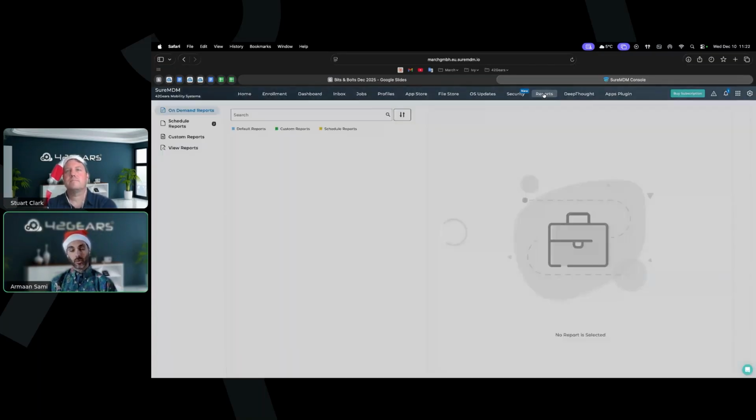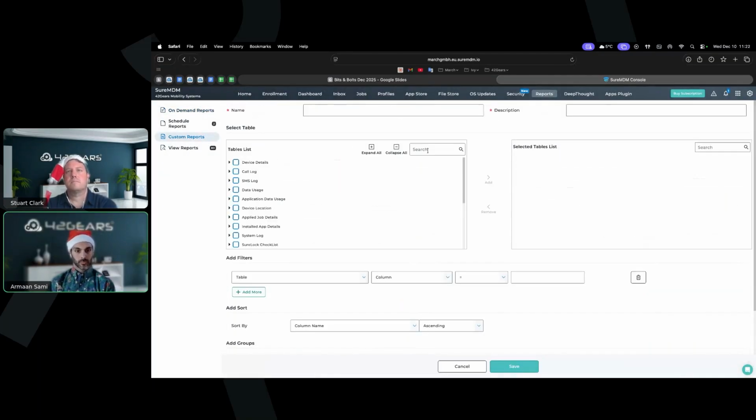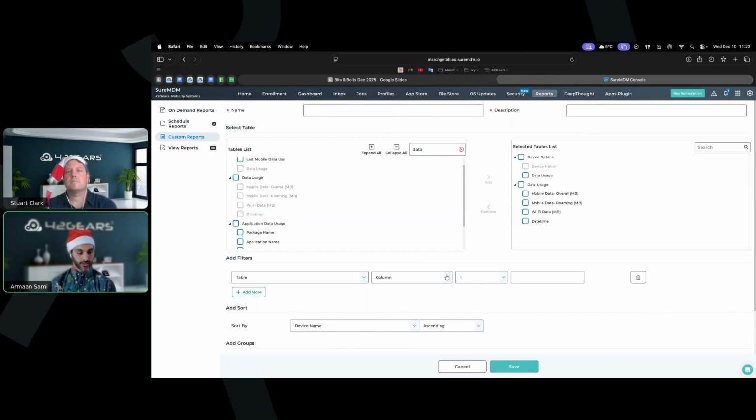There is in reports, I think if you come down to custom reports, yeah. So you have device details and you have data usage. And then you can also set up data usage here where you see overall and megabytes roaming, and then also a date time window. So if you add these, just be careful because I think this has to be used in connection with the, I have to test this, I'm not 100%, but it has to be used in collaboration